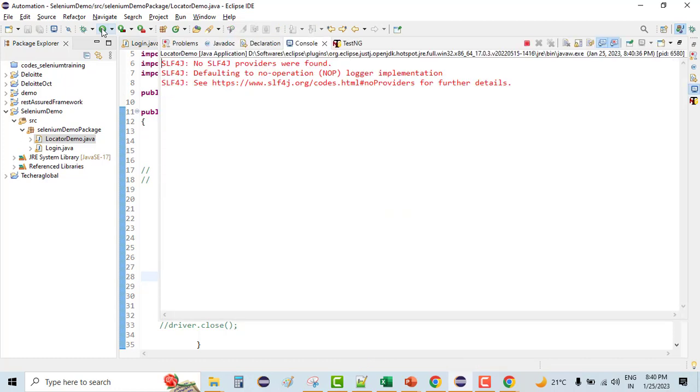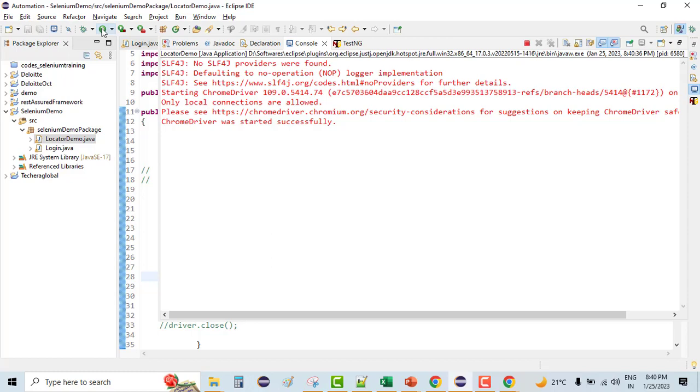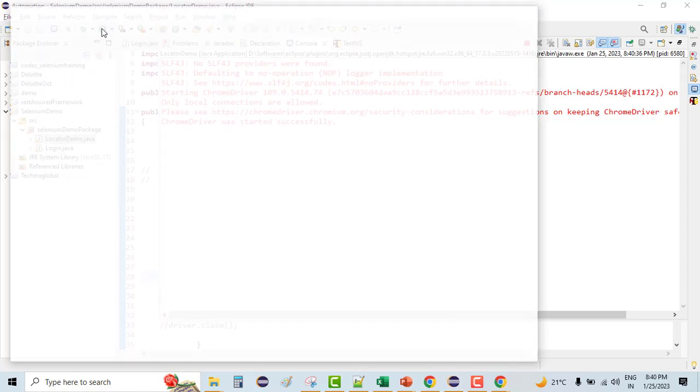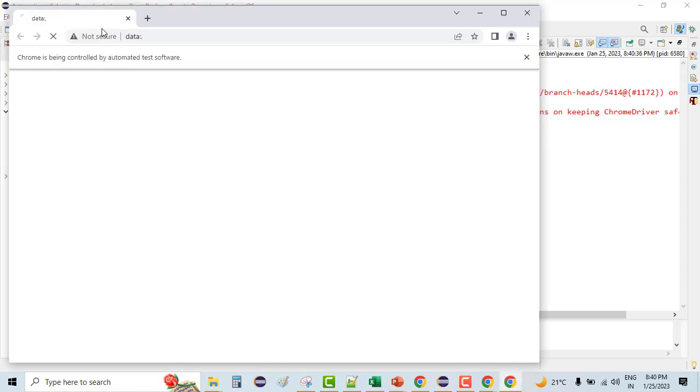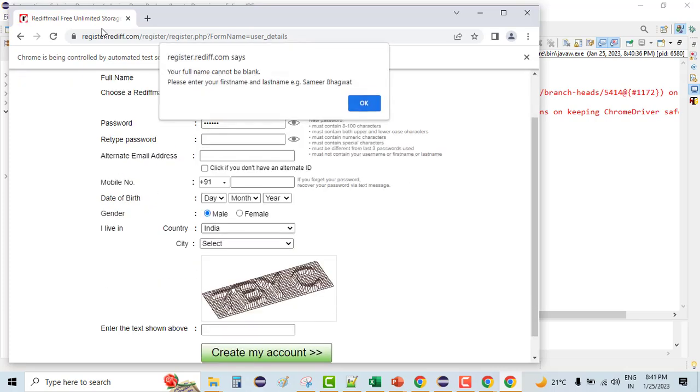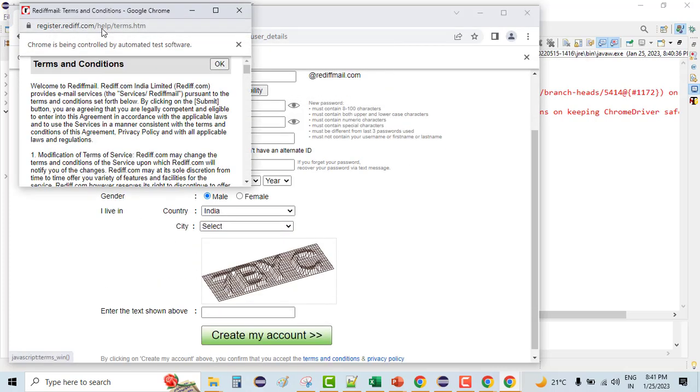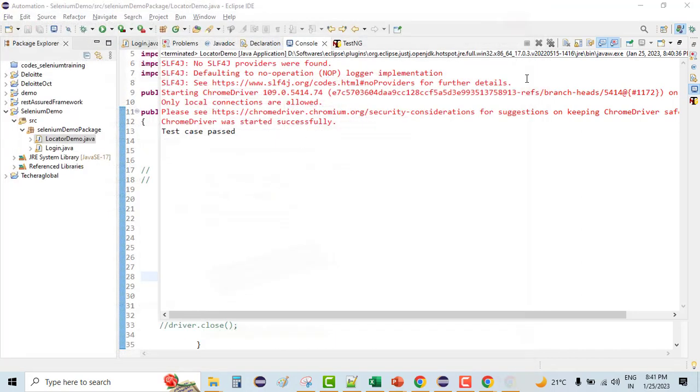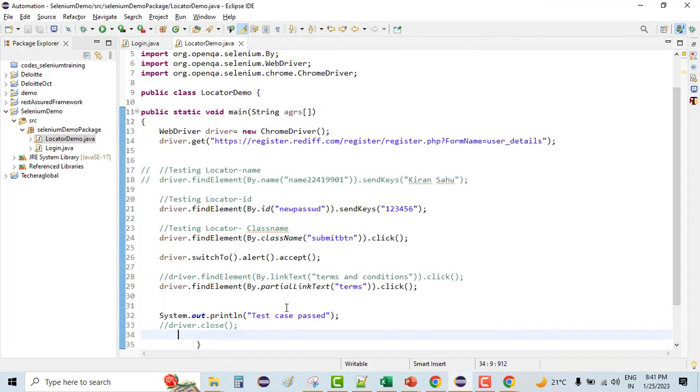Okay, so it's opening the browser and the URL. So it clicked using partial link text also, right? So you can see here partial link text. Yeah, so I think we are done with